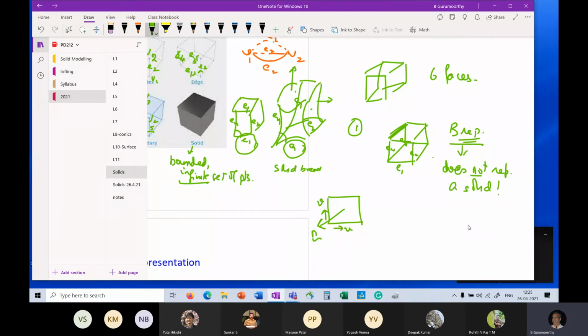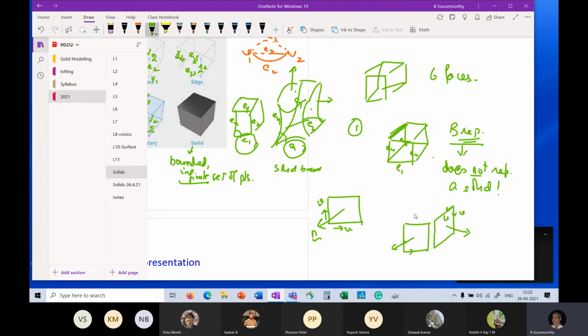Now, supposing I do this same exercise that I said just now, give 6 of you the task of modeling these 6 faces and sending it back to me. And I'm going to draw them in a slightly exploded view here, right? So the first person sends it to me. He had taken this and this to be the UV directions, therefore the normal points like this, right? The second person, let me draw it in a slightly exploded manner there, right? Takes this to be the U direction and that to be the V direction, and therefore the normal points like this.